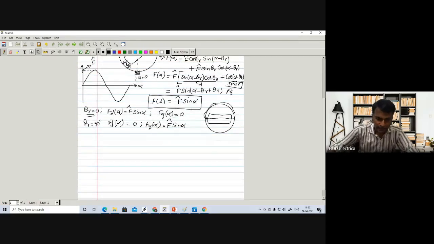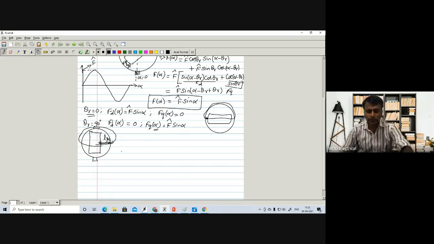Suppose this is the stator and the rotor is in this position. What will happen here? If you excite the stator, the resultant magnetic flux has the contribution of only the quadrature axis component. The length is the air gap length, this is LGQ. So there is only the contribution of LGQ.